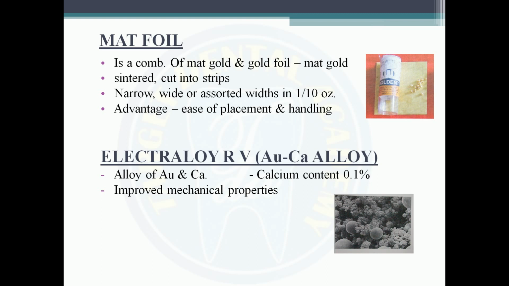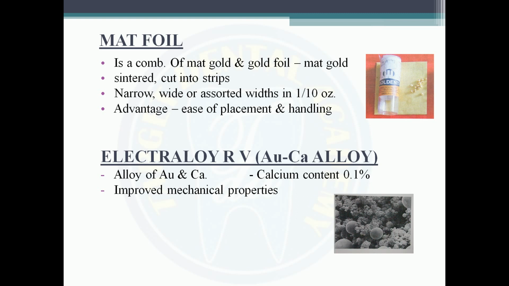Your next MCQ is, the material used in its pure form in dentistry is obviously, your answer is gold. It was asked in your AIIMS exam. The material used in its pure form in dentistry is gold. In type 2 gold alloys, 18 carat of gold is used. I repeat, in type 2 gold alloys, 18 carat of gold is used. Next MCQ,